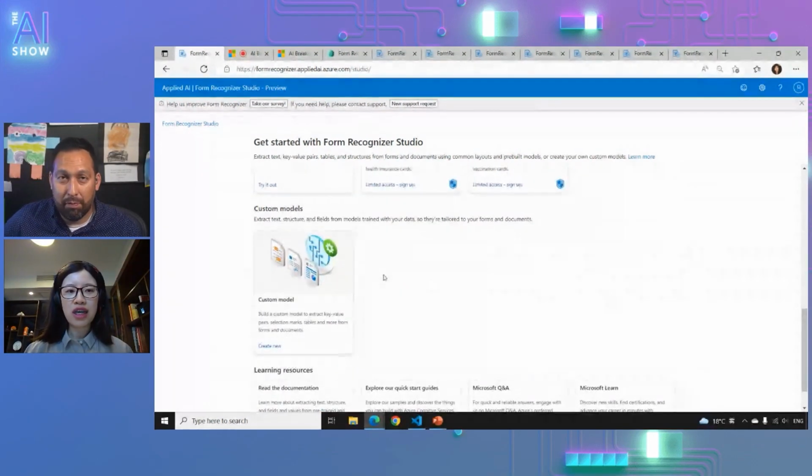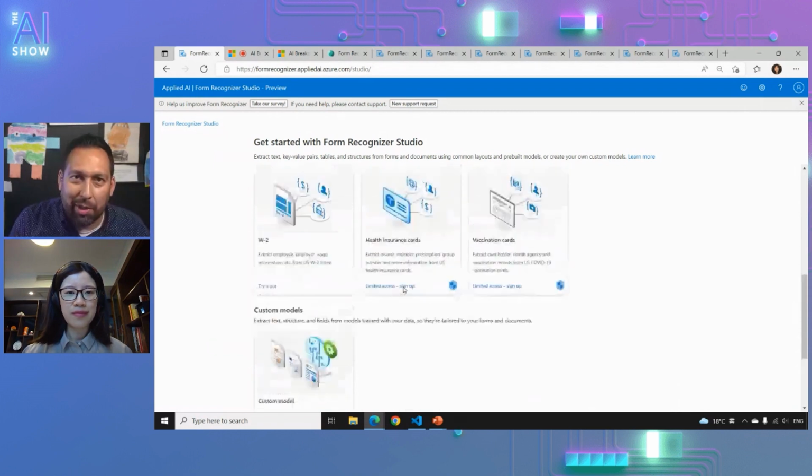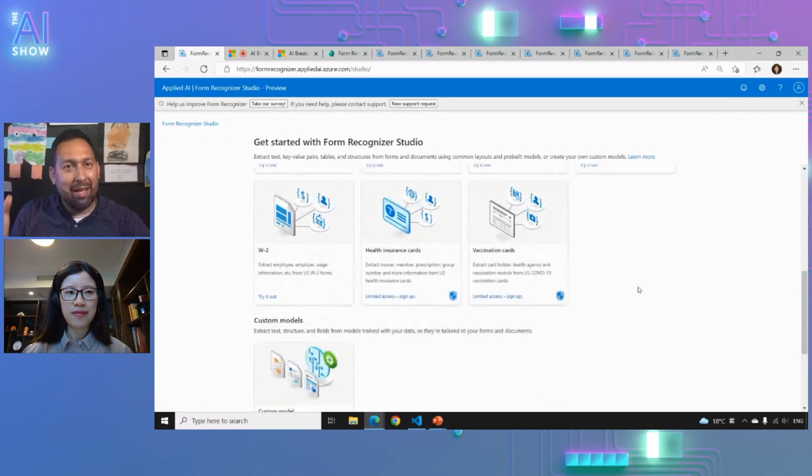You can also do the custom models to understand the unstructured documents like contracts to help you easily manage your contracts documents. So that's fantastic. So basically, we're adding new models to automatically recognize things like vaccine cards. Is that right? How does that work? Yes. Let me show a quick demo.